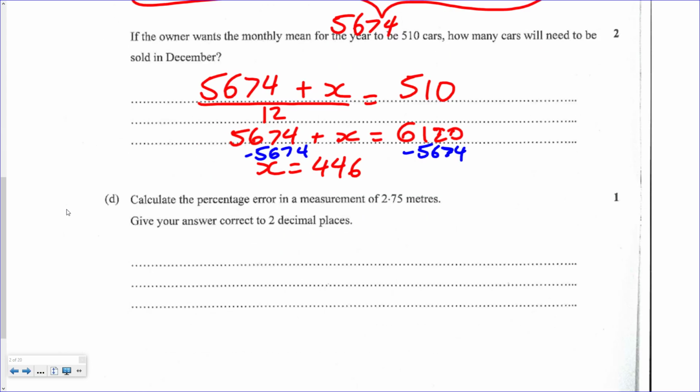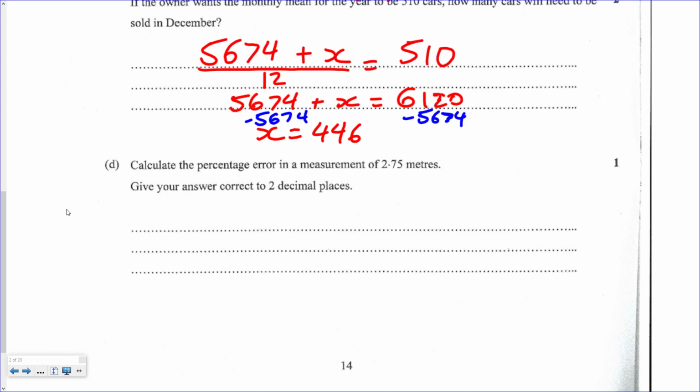And going to this last bit, here we want to calculate the percentage error in a measurement of 2.75 meters. Again, this is quite a tricky question. I don't like the fact that it's in question 26, but anyway, what we need to do is find what the limit of reading is, therefore find what the error is. So what we notice here is this measurement is to 2 decimal places, okay? That means when measuring it, the limit of reading